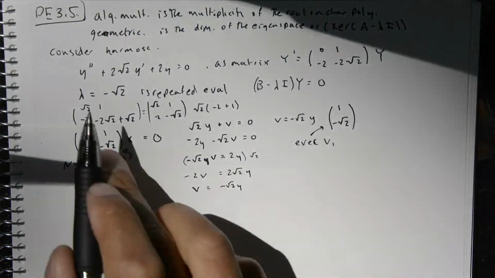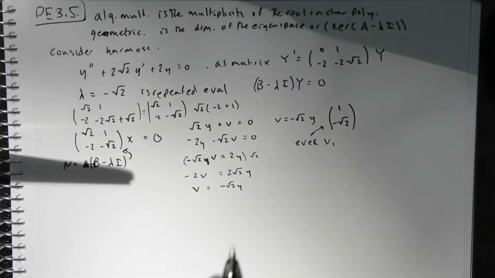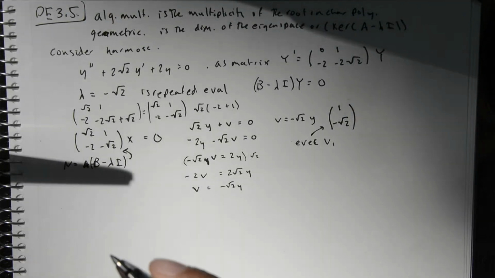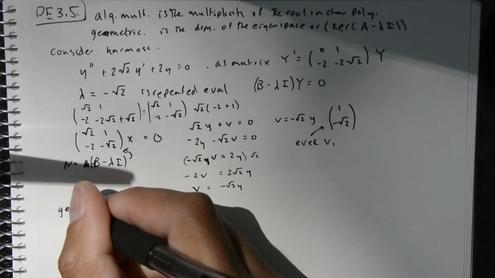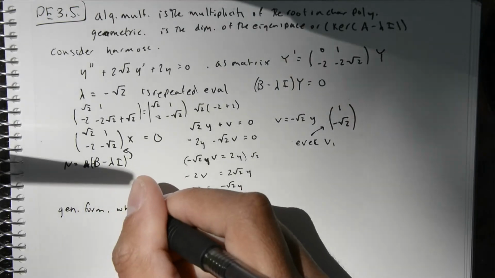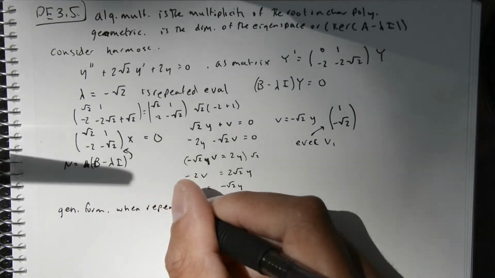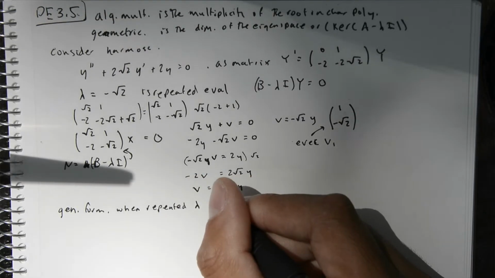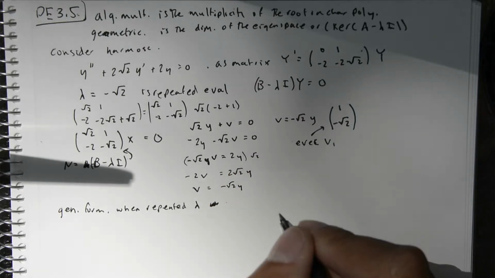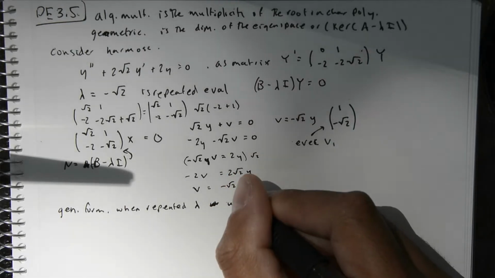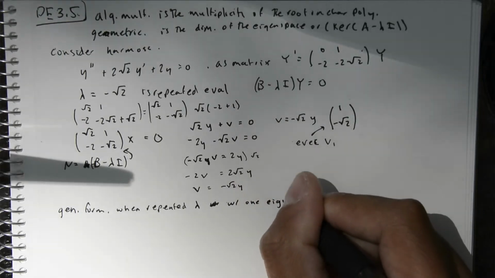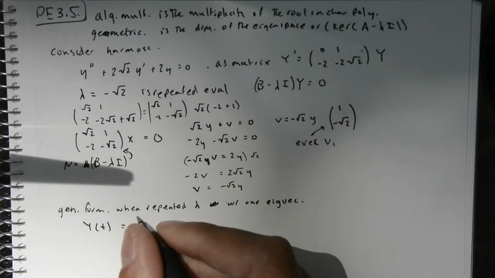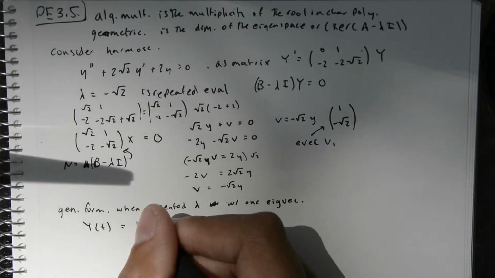Okay, so we have this system and we have it as a matrix. Now what we're trying to do is remember this: the general form, when we have repeated eigenvalues lambda where we don't have a spanning eigenbasis, so with one eigenvector, is y of t equal to, and this is going to be something to remember,